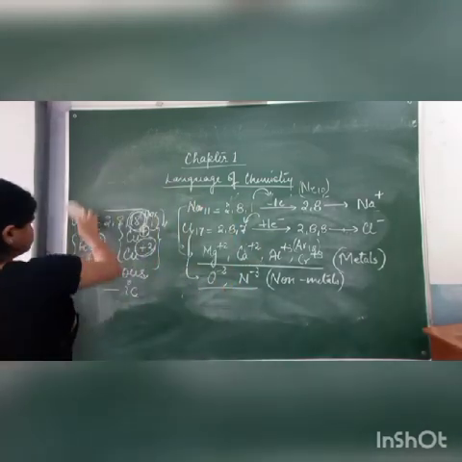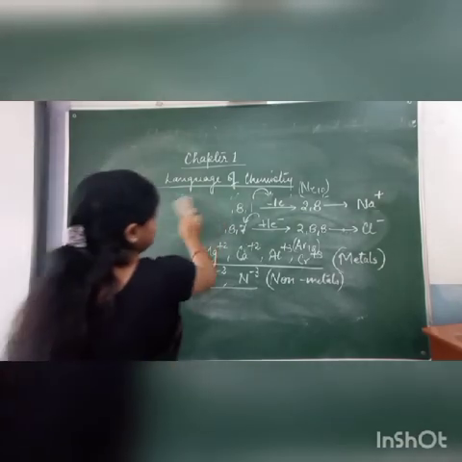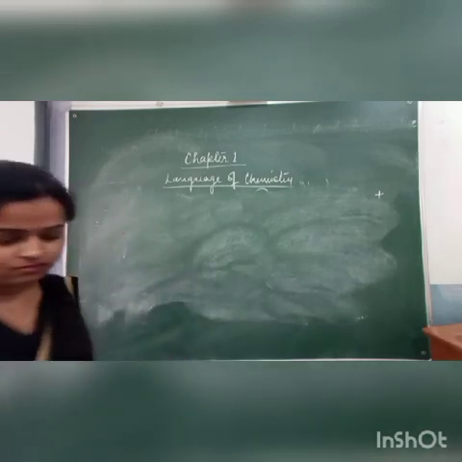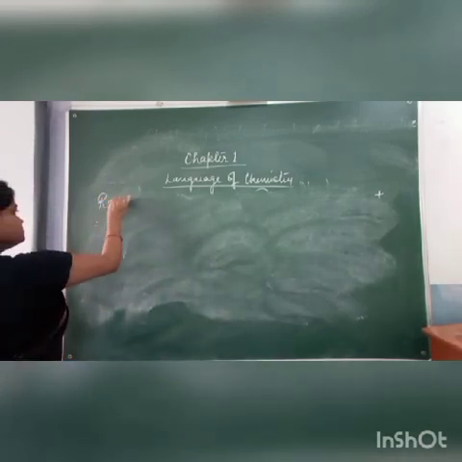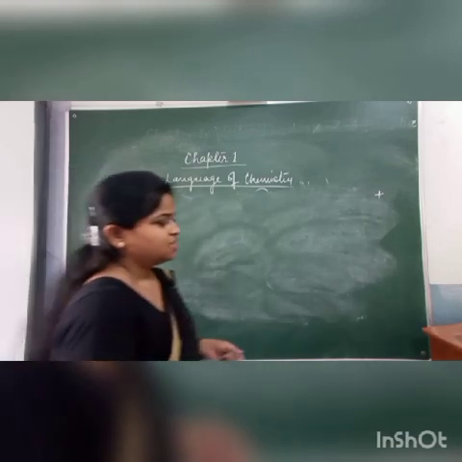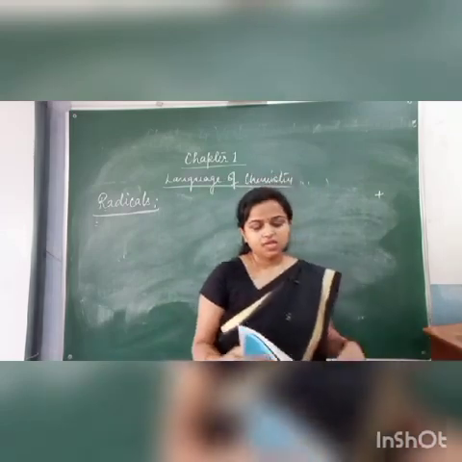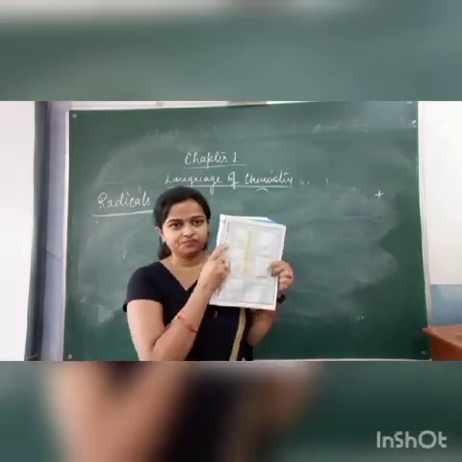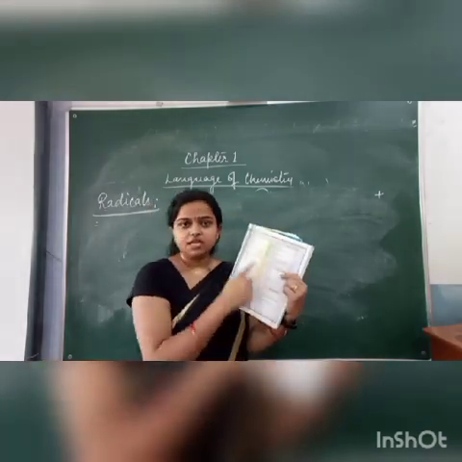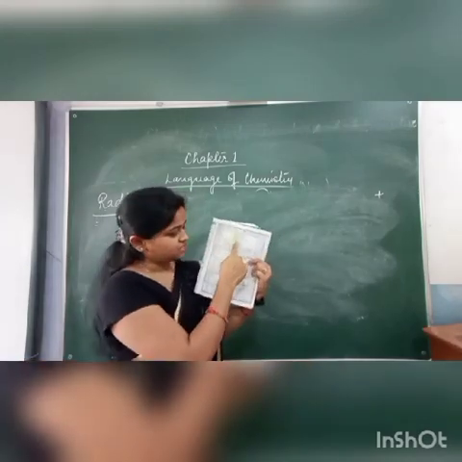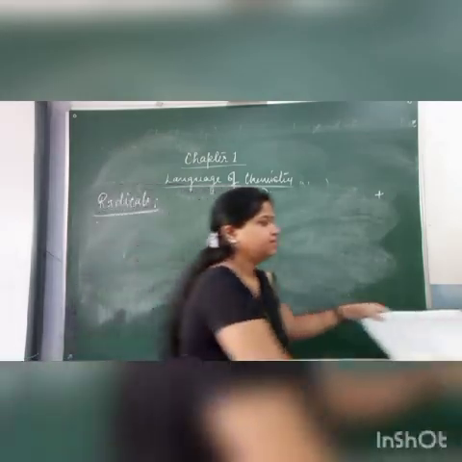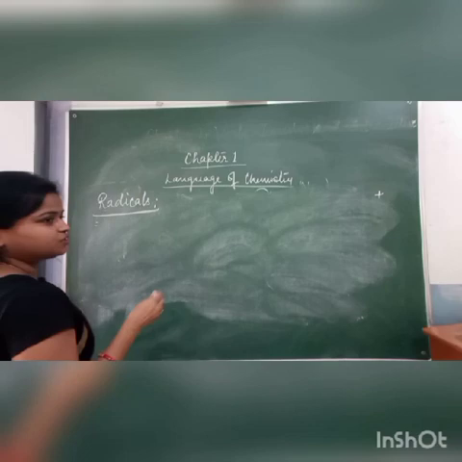Now our next topic is radical. See in your book page number 3. Page number 3 has the valency chart, where there are positive radicals and negative radicals. In these positive radicals, the maximum are elements only, these metals only. But in negative radicals we see that some of the radicals have 2 or more elements,